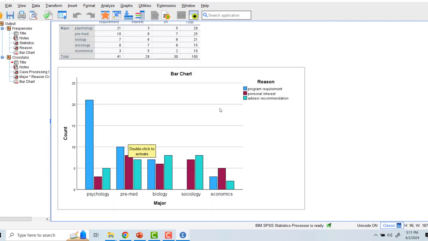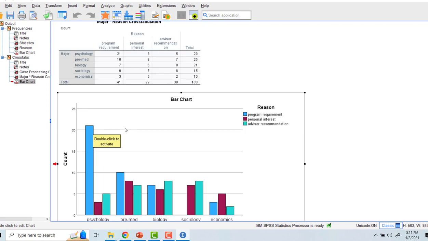We can look at the bar chart and we can see how different the distribution is for sociology, which is all the purple and kind of light green. Yeah, I don't know how to describe that color. Maroon, I guess. It's Mississippi State, so maroon and kind of a lightish green. And then psychology, they're mostly the program requirement, kind of the sky blue. So again, that's just some really simple